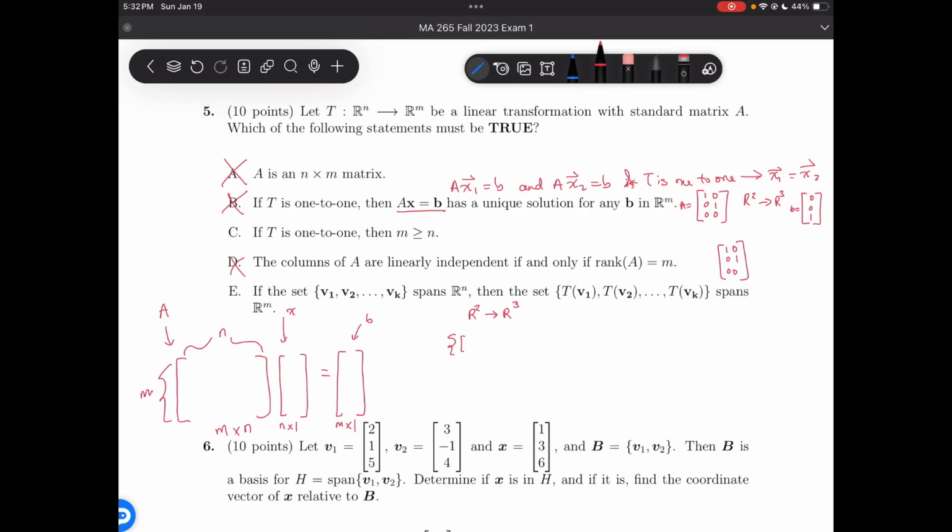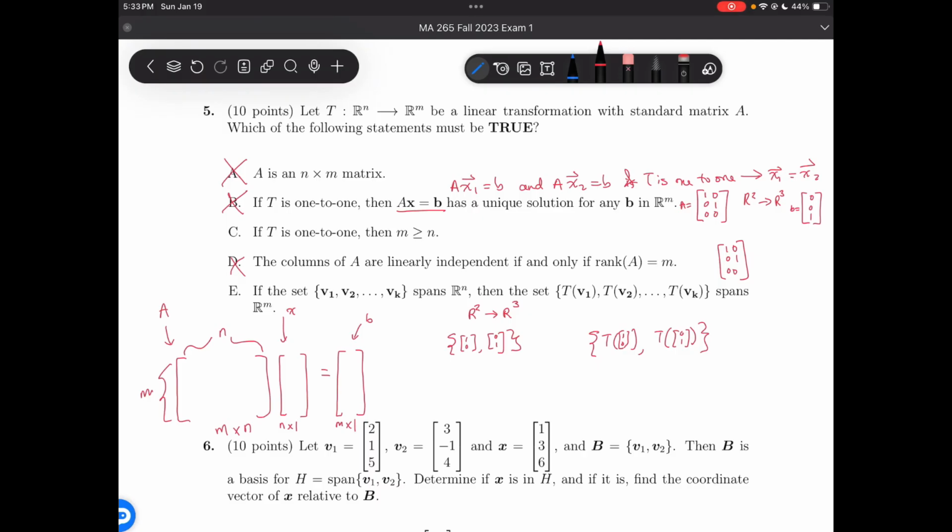The set 1, 0 and 0, 1 spans R2. That's a basis for R2. The transformed set, the transformation of 1, 0 and the transformation of 0, 1,